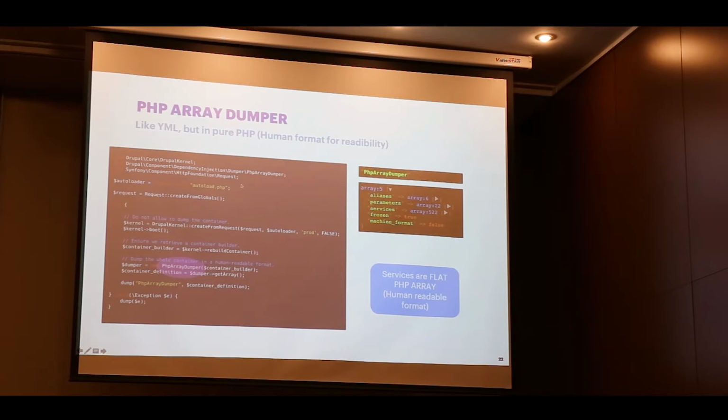Here is an example of instantiating Drupal with PHP with a custom dumper. It is a PHP array dumper, and you can see that the result of the PHP array dumper is not a big object like this. It's a simple representation. This is the representation that is stored inside your database after compiling it. There are some aliases, because we need aliases for the names of certain services. Here are the parameters collected inside your application.